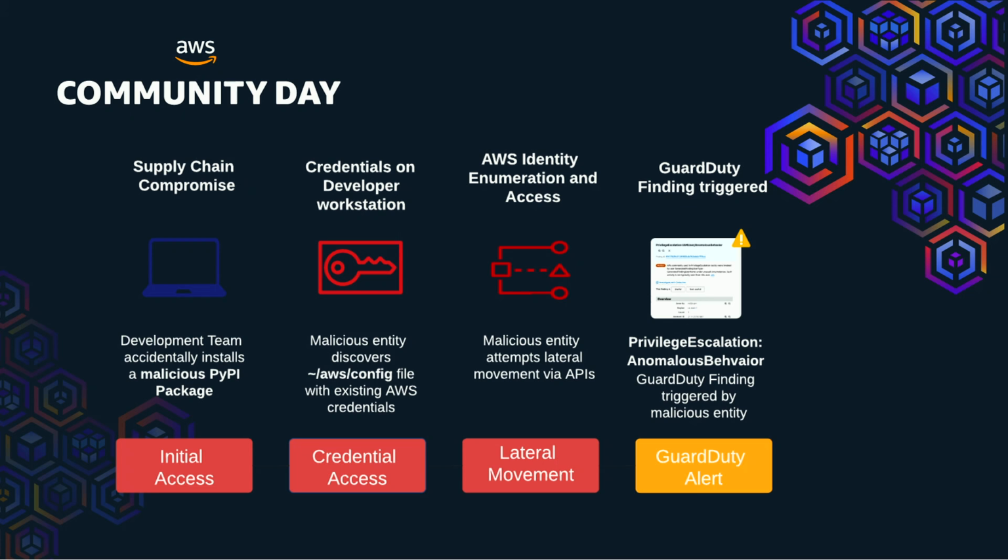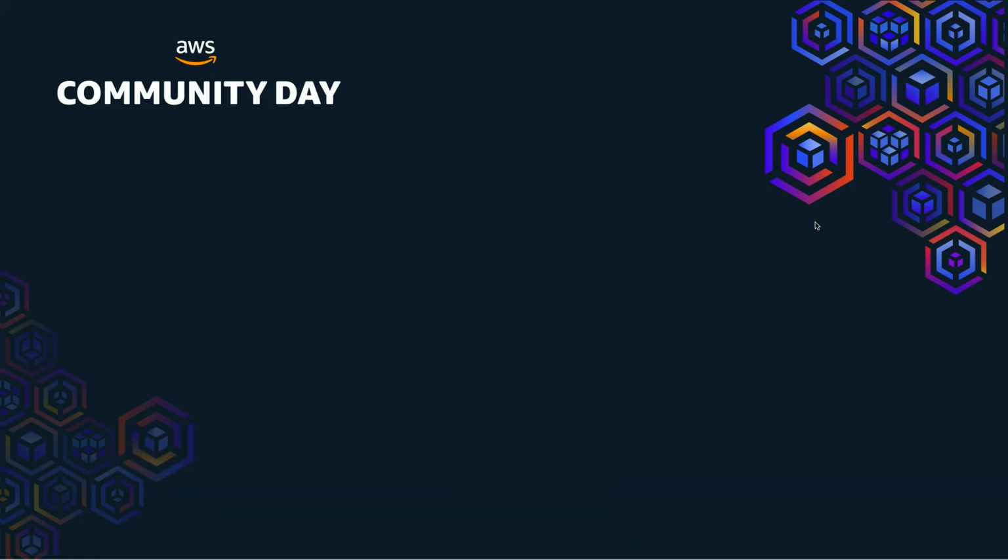I'll give you the chain to start out, but the idea is that, say, a developer accidentally downloaded a typosquatted Python package. That Python package looks for credentials on the machine, finds a set of static AWS keys sitting in your AWS CLI directory, and starts hitting those APIs. So the thought exercise I want to go through, right, is, what sources of data or context do you need to get from this GuardDuty alert all the way down to understanding that this is an actual live security incident, right? So anybody want to take a guess at one?